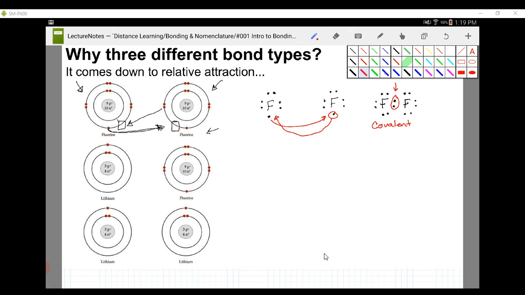On the other end of the spectrum, we have something like this, a second example here, where we have fluorine again, but now we have lithium. Lithium's a metal, and what we learned about with metals is that they have a really weak attraction to their outer electron shell because in this case there's only 3 protons compared to fluorine's 9. So what that means is if we represent those two atoms with their dot diagrams,